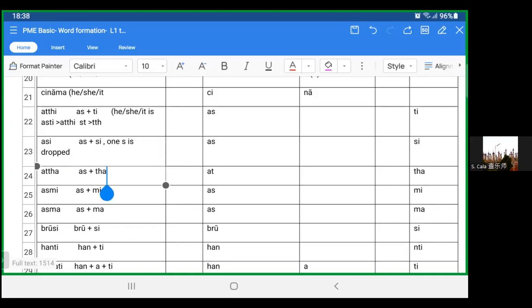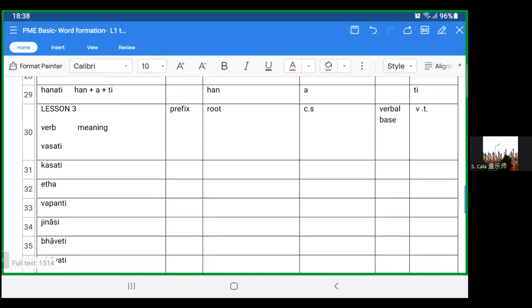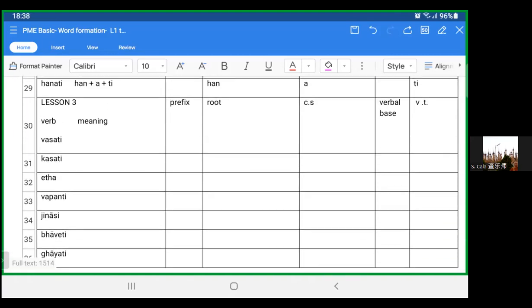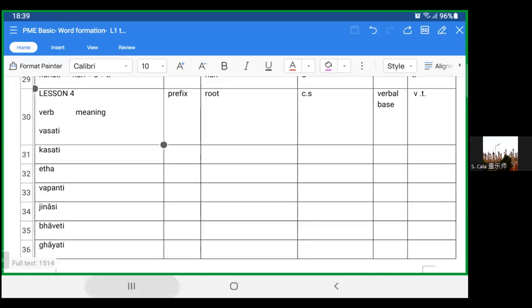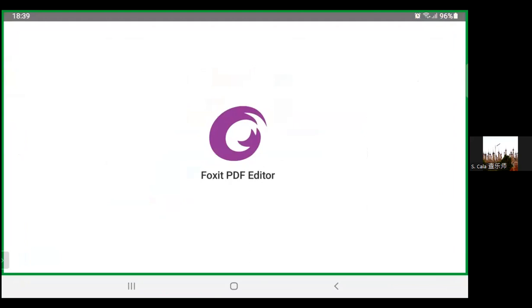So even though it looks different, you still have the T: anti, sita, mima, right? Ta. Asmi is very easy. Asmi, asma is asma. So it's the same thing, right? This we already went through last week. Later we will go through it in lesson 4, right? So let's go back to this Pali Made Easy. I think this should be no problem for you all, right?